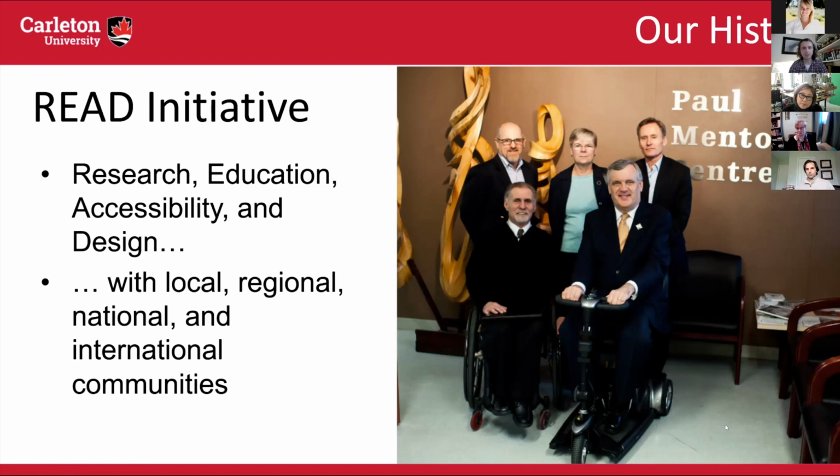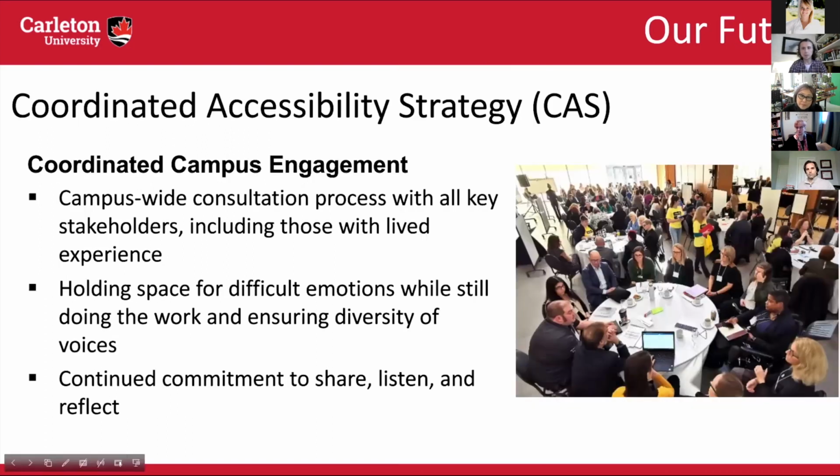Okay, next slide, please. So this gets us into the theme, which is the realities of working in complex community engagement initiatives. We are going to highlight two. One is internal, and that is the Coordinated Accessibility Strategy, and the other is external, the Canadian Accessibility Network. As I mentioned, Cathy is our lead. She's busy facilitating the other breakout room. So let me give it a try. And of course, I'm not going to do it justice. So apologies for that.